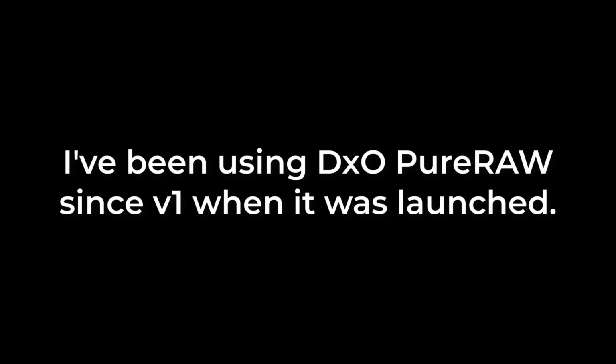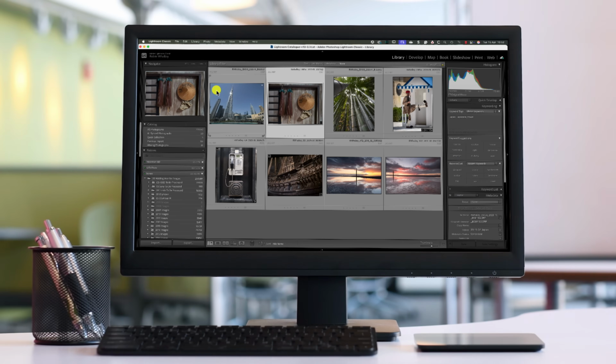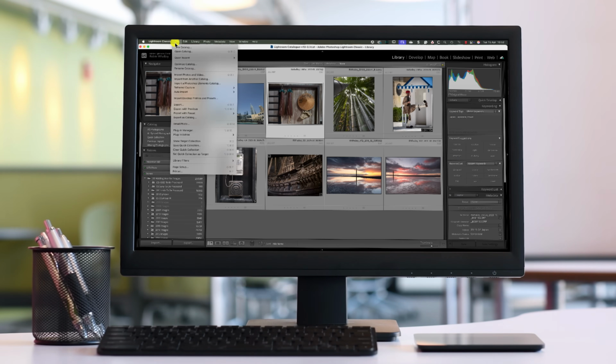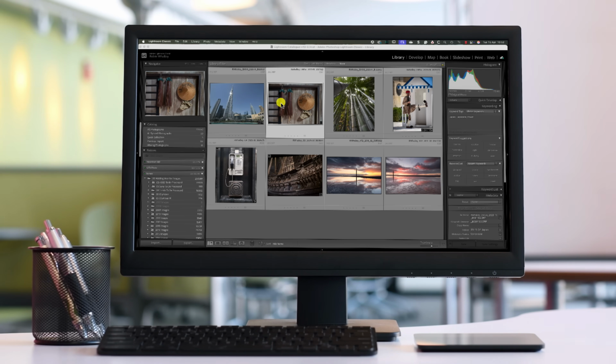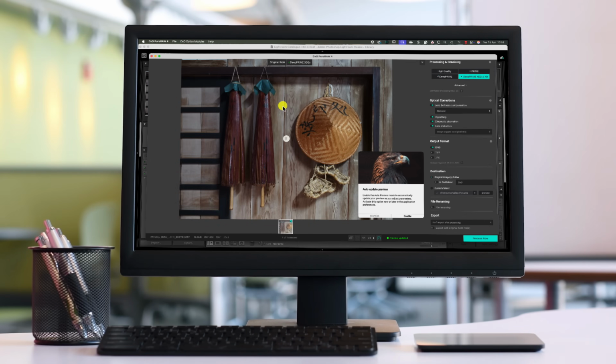I've been a long-term fan of DxO PureRAW since it first launched in 2021. Back then, PureRAW made it easy to process RAW files for editing in other tools like Lightroom in order to maximize image quality. Then, each new release has added more enhancements and options to the software. Now with the release of PureRAW 5, I'm left wondering, has DxO ruined a good thing by adding too many